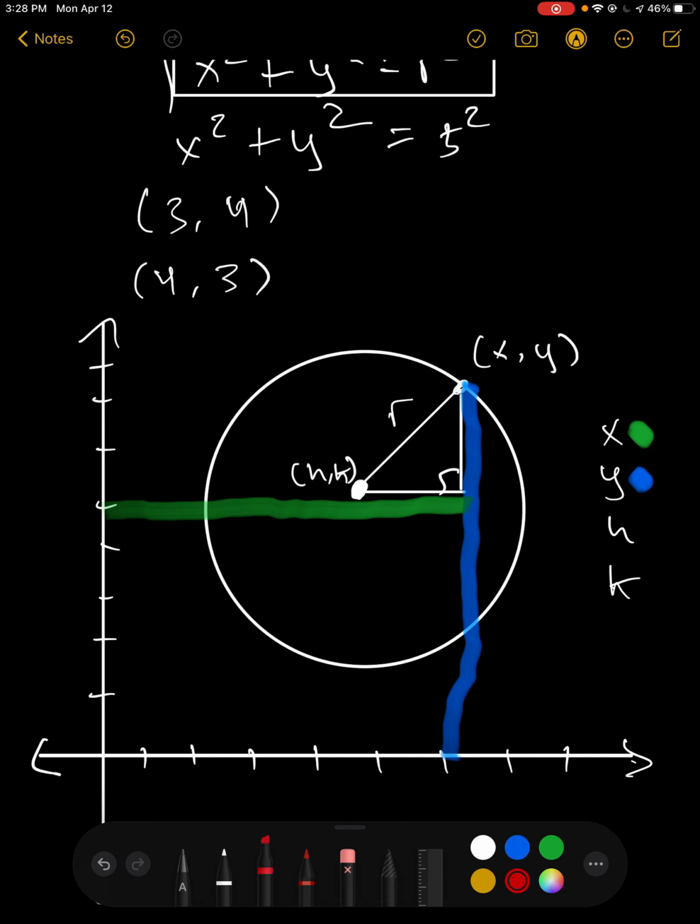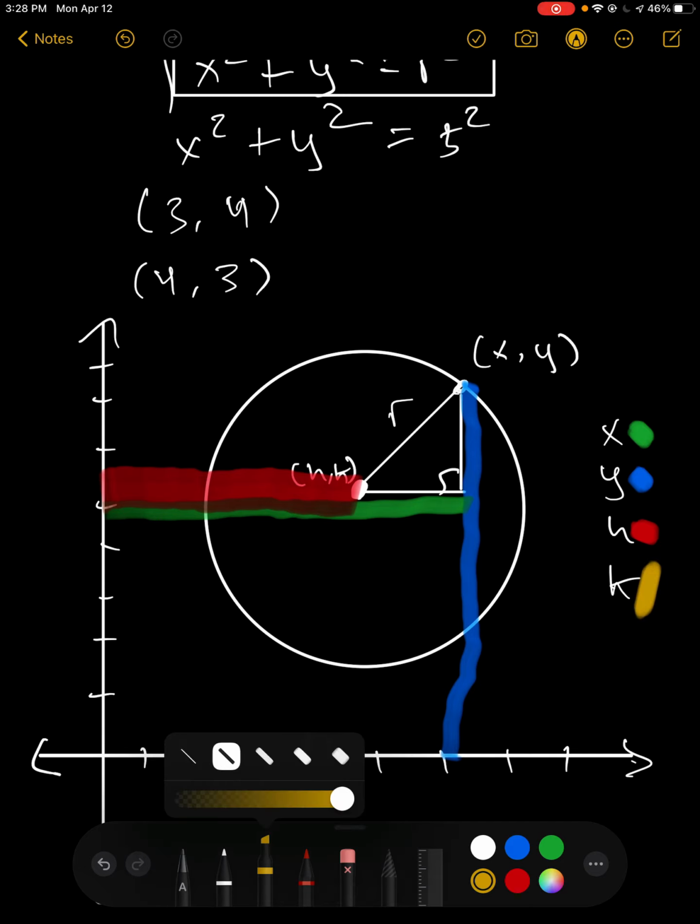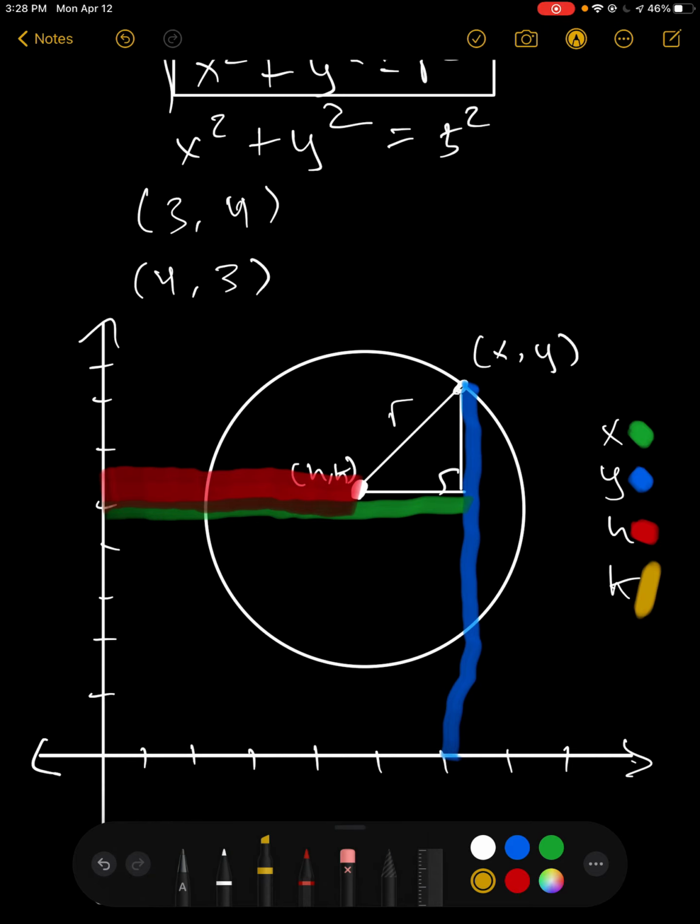Now h is going to be from here to where the center of the circle is at (h, k). And k is going to be from down here to where the y value is k. So now we're focusing more on